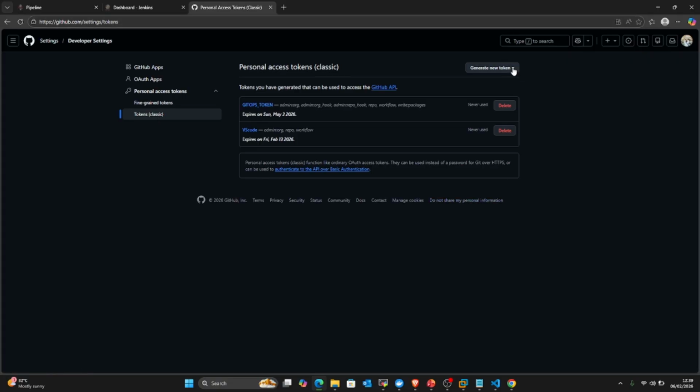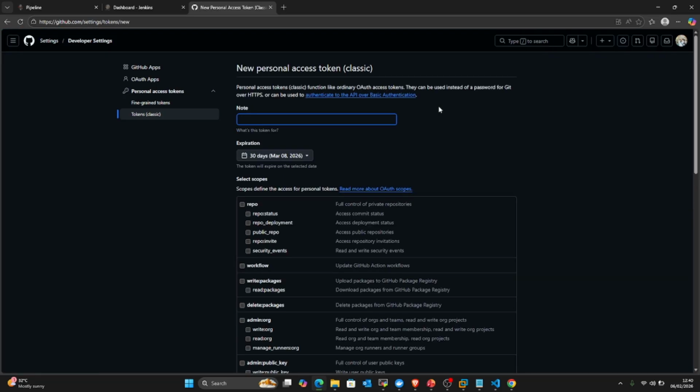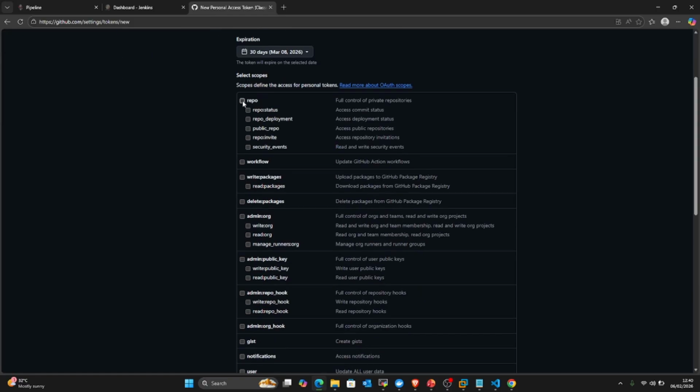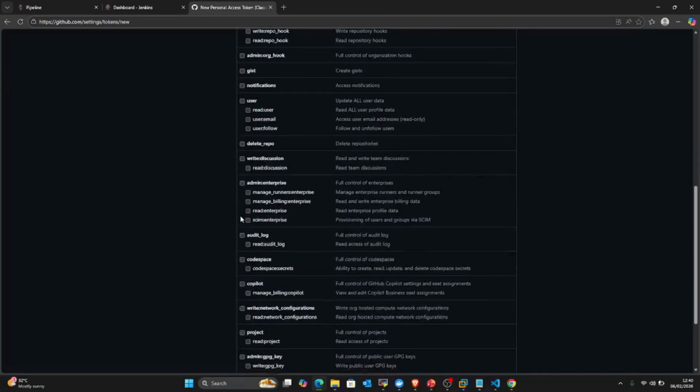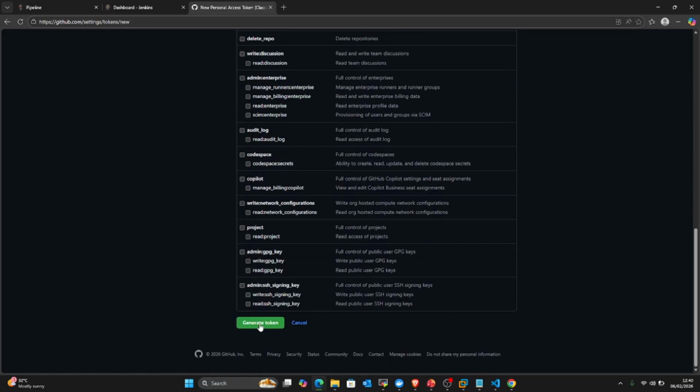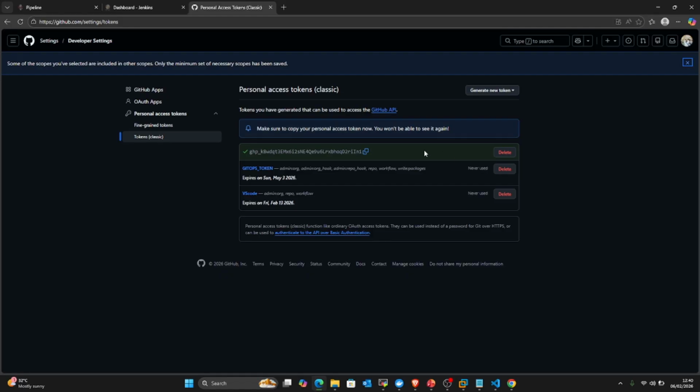So you can create a new token. You can see 100 days of DevOps. You can set expiry to be 30 days. So after 30 days, this token will not be working again. So you just click your repo. You can click on workflow. You can click on this, and I think that should be all. Yeah, so generate token. So it gives you a one-time token. Once you copy